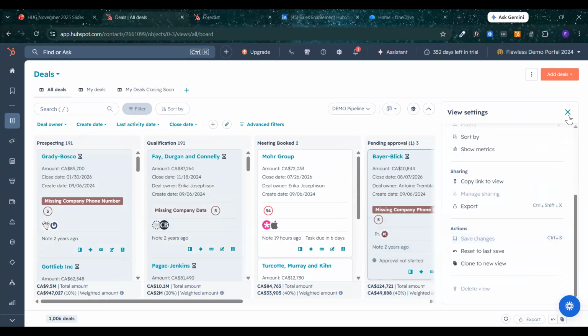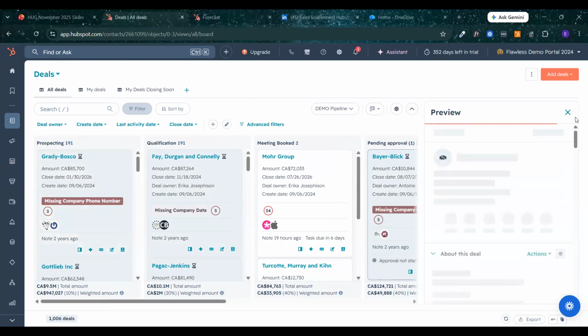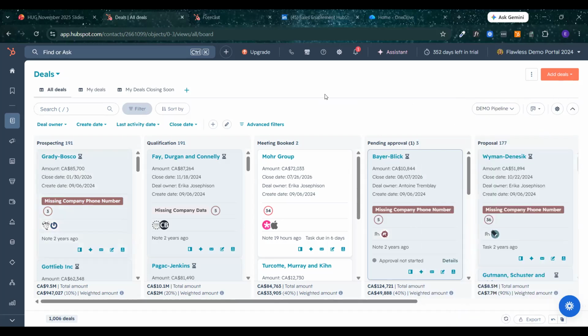And so that's a good question. You can also go through all of these items down here, which I find really useful in order to quickly pull up some items. The preview is a good one. So you can do that. And we'll get into customizing all the records when we jump into the settings. So I will explain that as well.